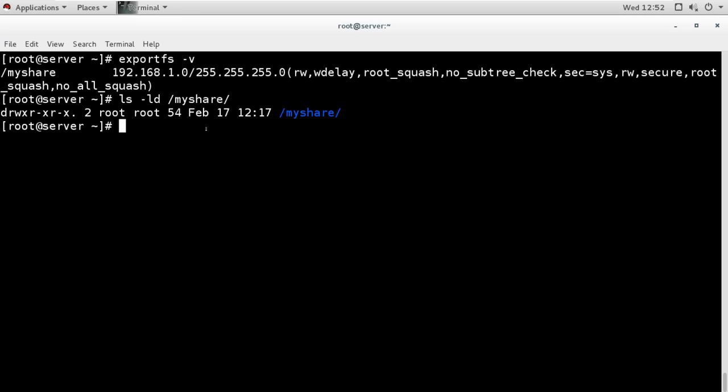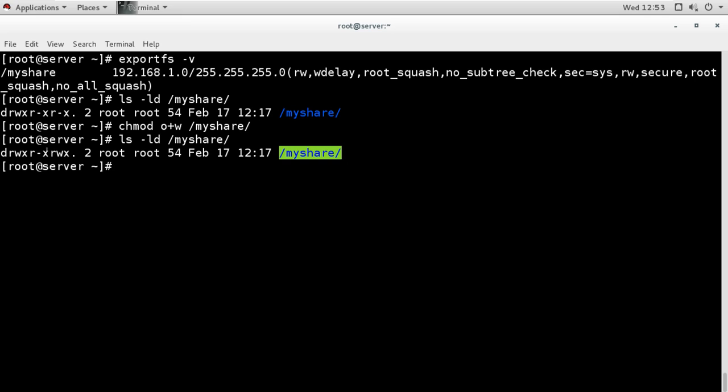So if I want the root user to write from the other machine, let me show you that. I will change the permission, and I will give others write permission. So I am giving others write permission, and that is not recommended. Now I have given others write permission, and you can see now others can write.